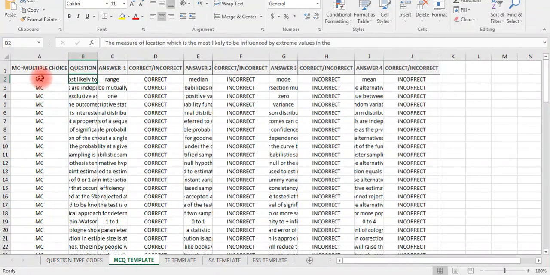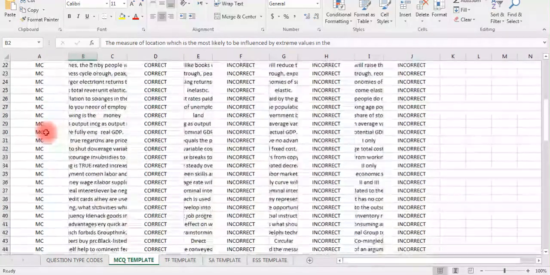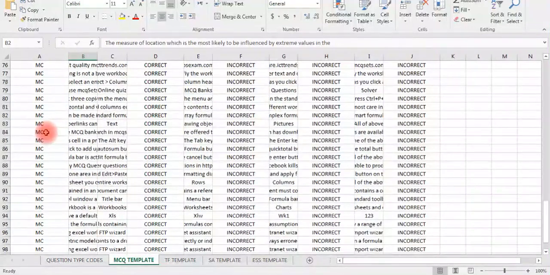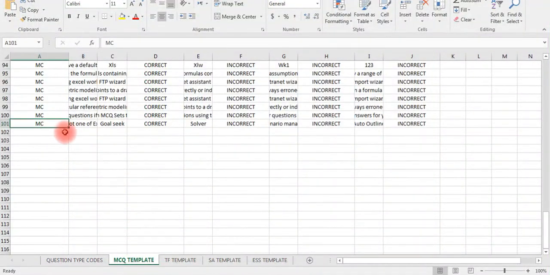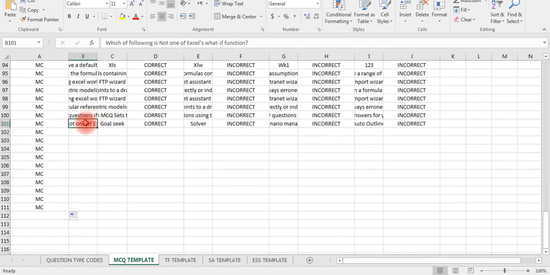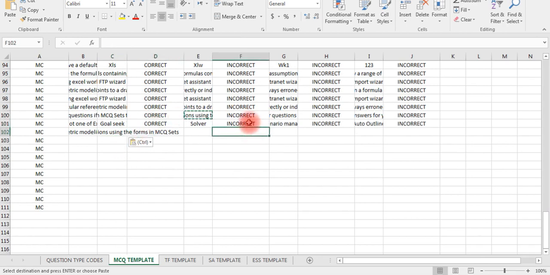Like this, I will simply drag and drop all these things. If you want to copy paste all these questions again, for example, I want to add 5 more questions, I'll simply drag MC like this, and it gets added. I have to copy paste some questions. For example, I want to copy paste one question like this, I'll copy paste. I want to copy paste one choice like this, I will copy paste the choice. This choice is suppose incorrect. Okay, I'll write it here as incorrect,